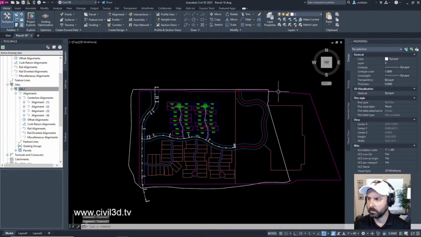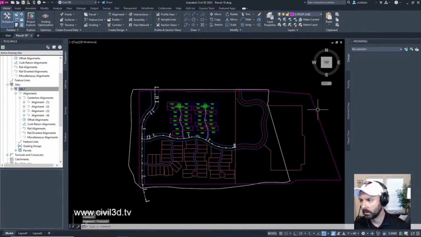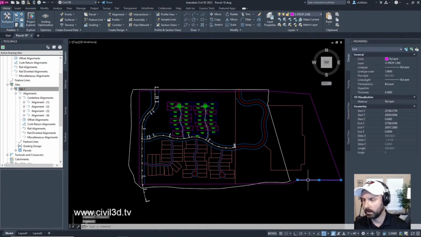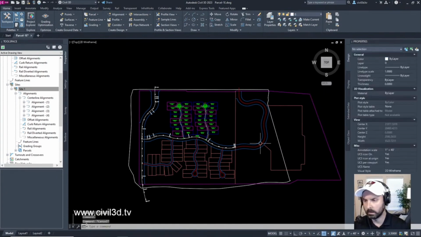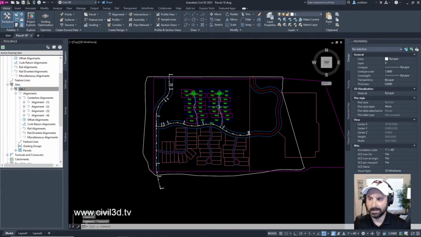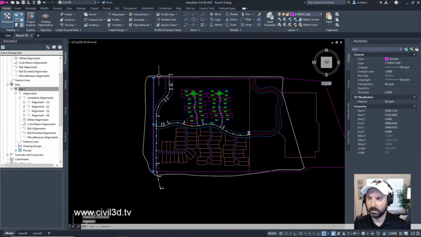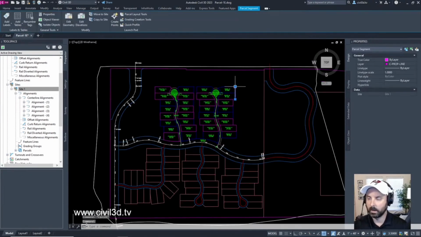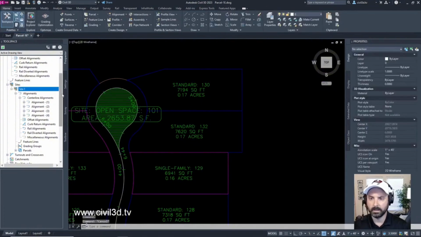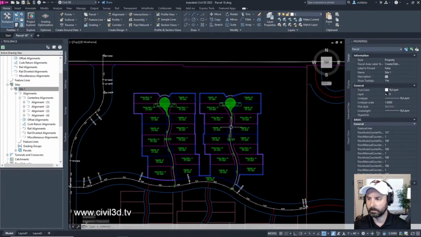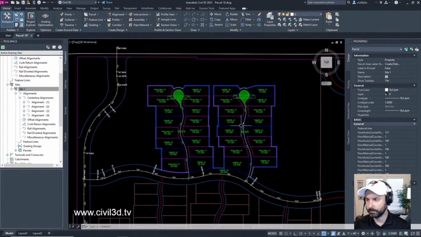What about the others? What is this stuff? This is just a regular property line. But it's not a site. This stuff is not a site. However, this stuff is a site. Right here. Hopefully you guys can see it.